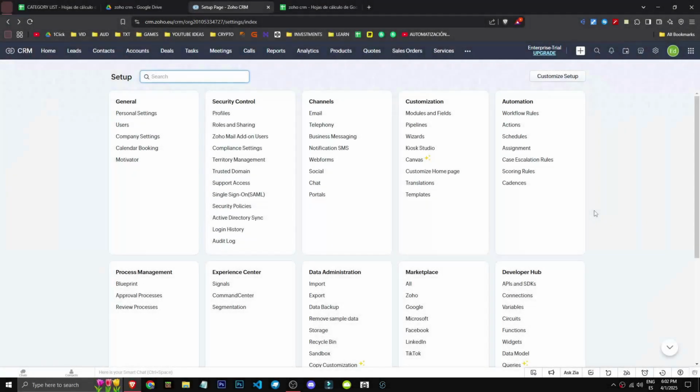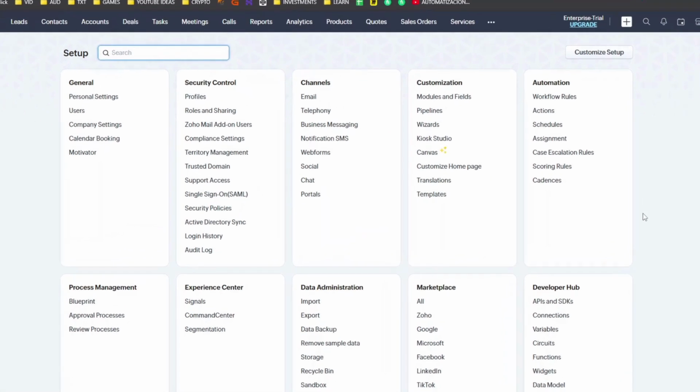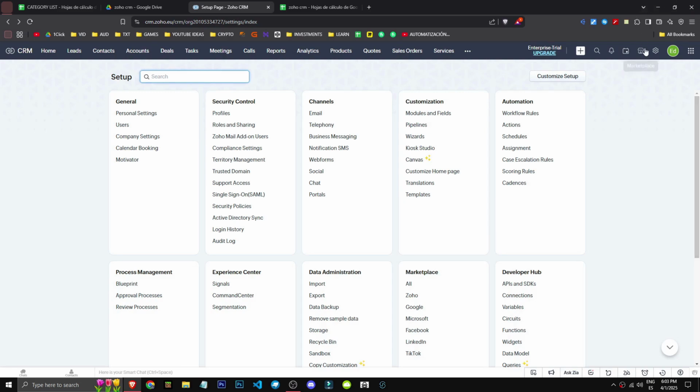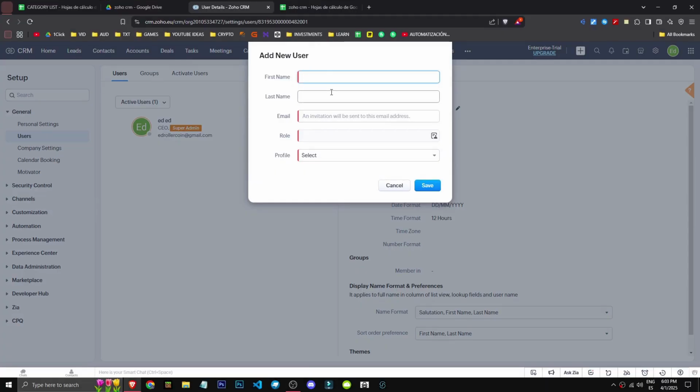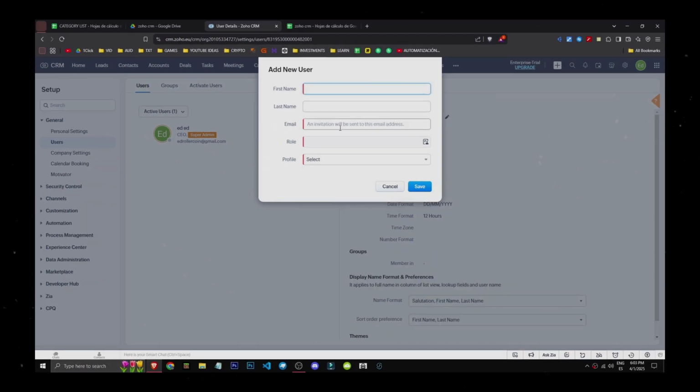Simple, right? How can we add a new user to our Zoho CRM project? Well, we'd start by clicking on the configuration section here. Generally, we have company settings, and above that, the users section, we'd click there. And now we see my account. Simply click on new user. Here we'd enter the first name as we want it to appear in Zoho CRM, then the last name, email,